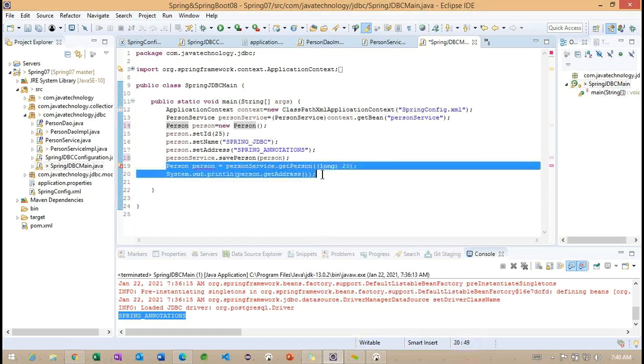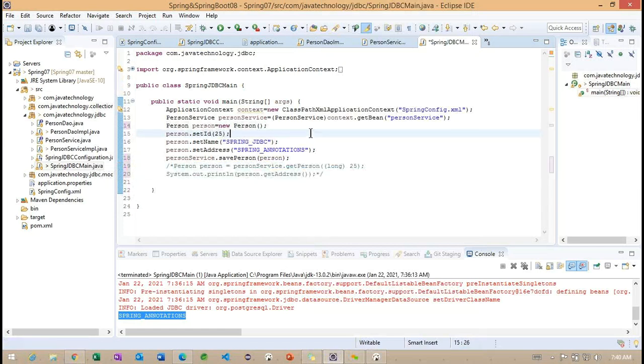Okay. Spring JDBC, we can work on the named parameter and the simple node underscore annotation. Check 26.